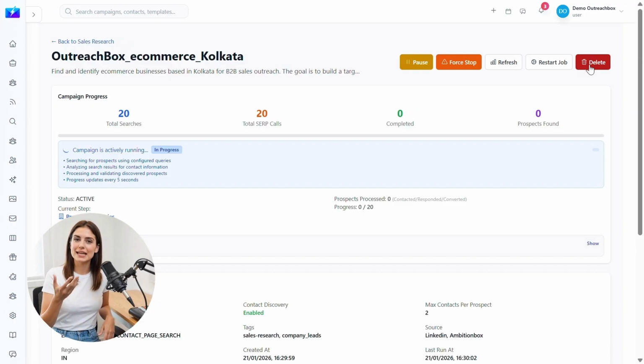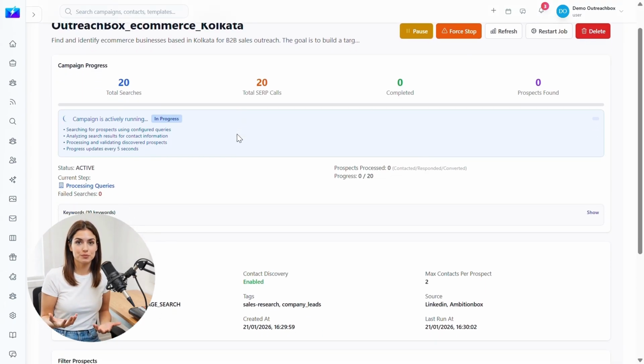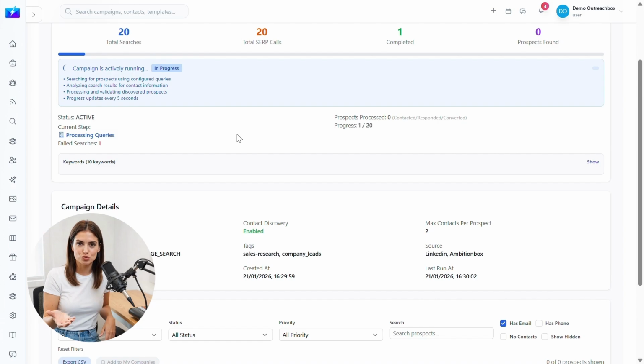Next, we see the campaign progress section, which provides real-time insights into how the campaign performed. Here, we can see the total number of searches performed, the number of SERP calls made, and how many steps of the campaign process have been completed. We can also see the total number of prospects found, along with any failed searches that may have occurred during the research process. The progress bar shows the overall completion status of the campaign, helping us quickly confirm whether the